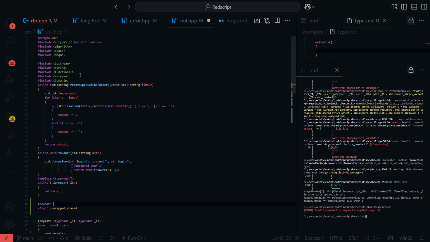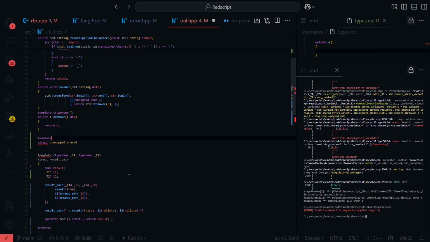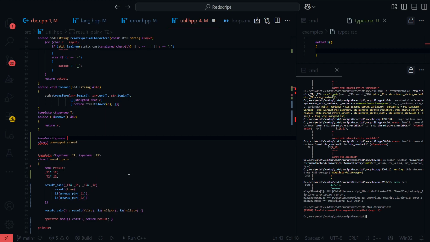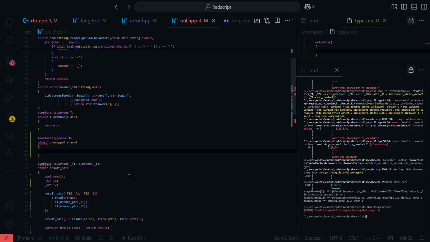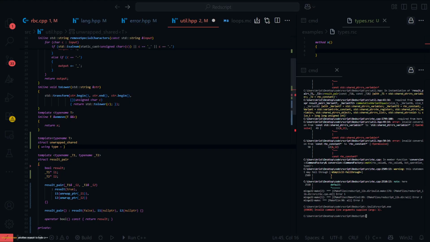Okay, I need to include type traits apparently, but it's kind of strange. Like, why do generics have to be this complicated and the errors have to be this verbose, you know? So an unwrap shared should have a using type is equal to. Another reason to hate C++. I agree. It's the only big problem with it.